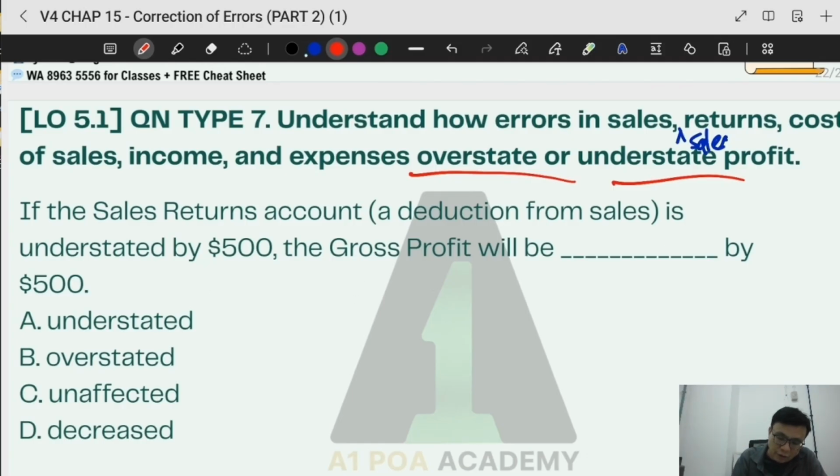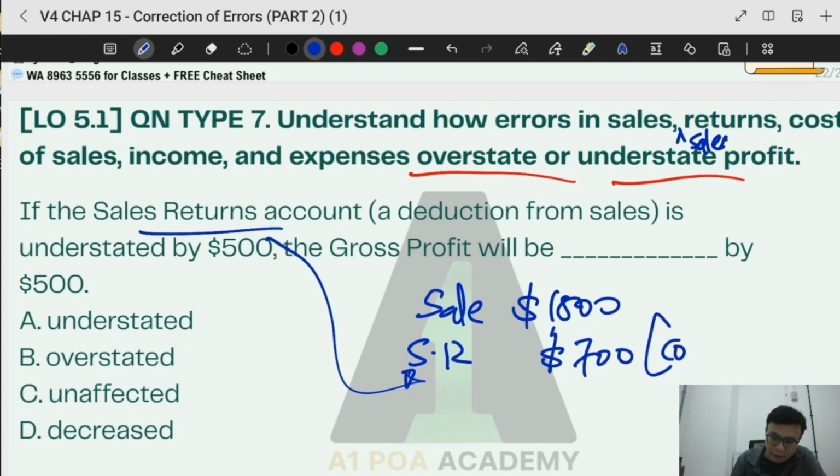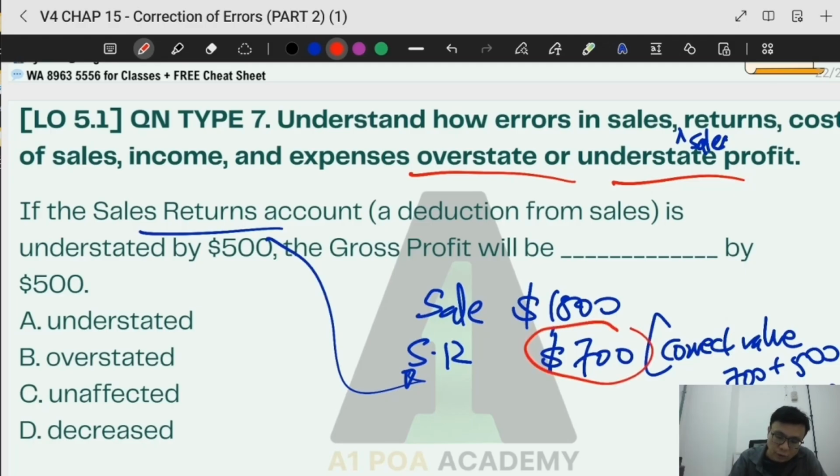Let us do a quick illustration. So you have sales, maybe 1,800 for example. You have sales return over here, 700. And of which the correct value is 700 plus 500, which is 1200, assuming. So what happened is that we know that this is understated, and we also know that